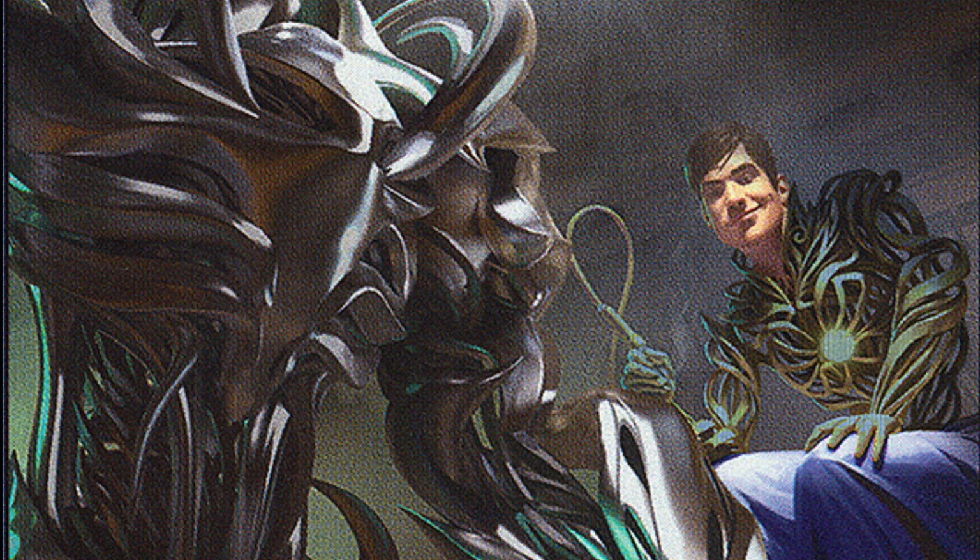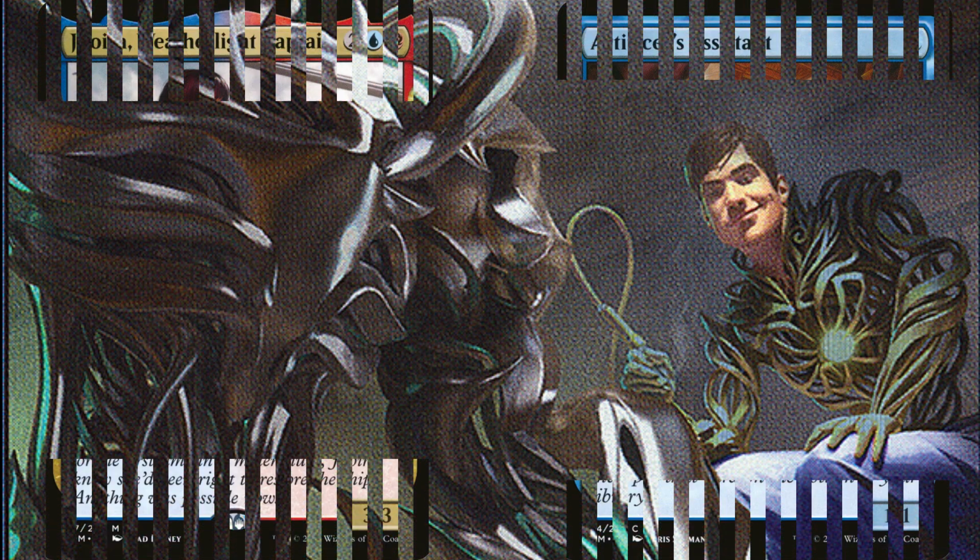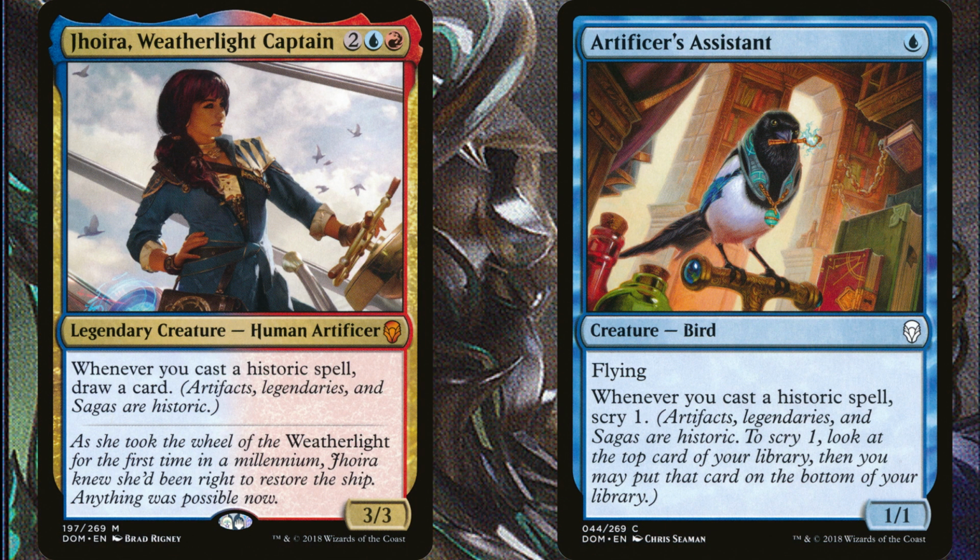Anyway, how are we going to draw cards with this deck? We've included Joyra, Weatherlight Captain, and Artificer's Assistant, both of which care about the number of historic spells we cast, which, coincidentally enough, happen to be artifacts. Joyra will draw us a card anytime we play an artifact, and Artificer's Assistant will let us scry one with each artifact that we cast. Now, having both of these in play at the same time is particularly good because you can stack the triggers so that you scry before you draw, so that you can really filter through your deck and find exactly the